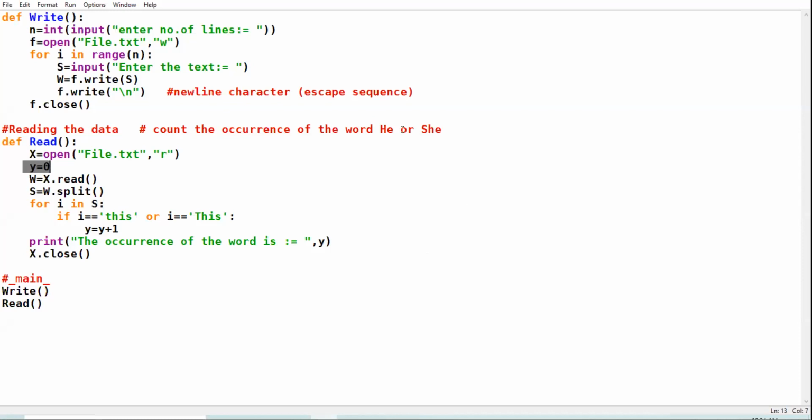Just focus on this word or. Whenever you get or in the question with respect to two individual words, you have to take only one variable that will count the occurrence of whichever word comes in your file, whether he or she. Check it out here.